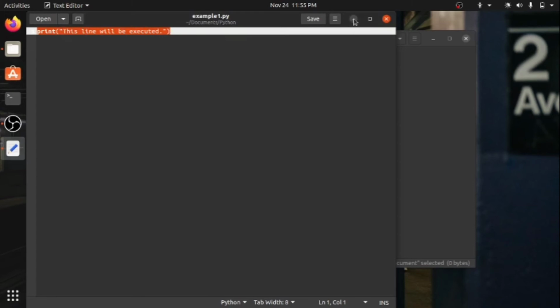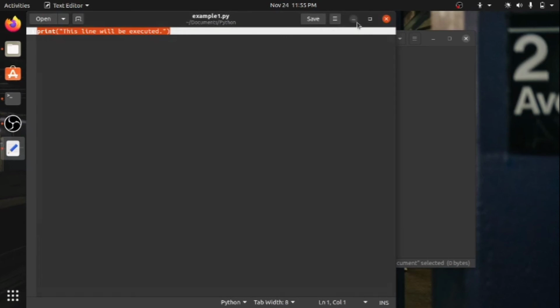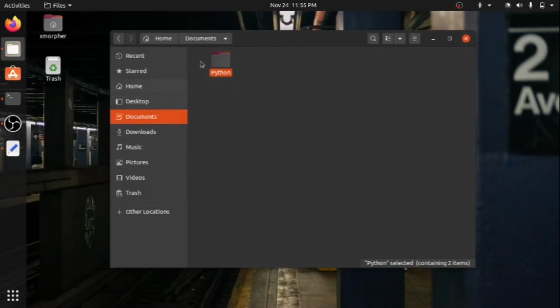Now we have to execute this Python program in our terminal. So we'll open our terminal, and first we have to open the folder in which we have saved our Python file. Where I have saved my Python file is, you can see, Documents Python.